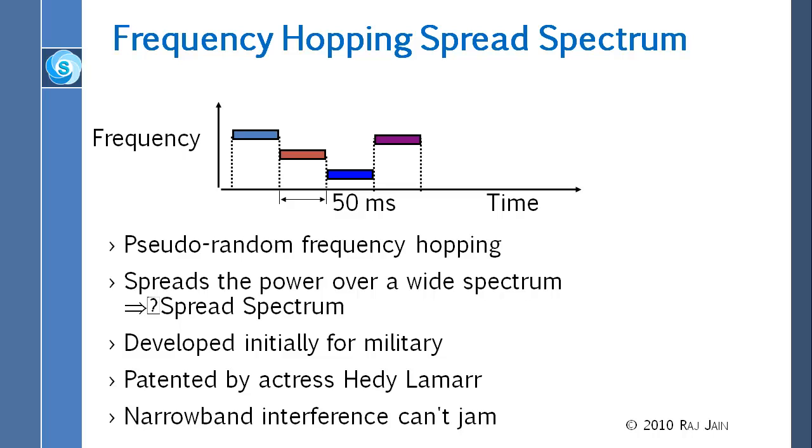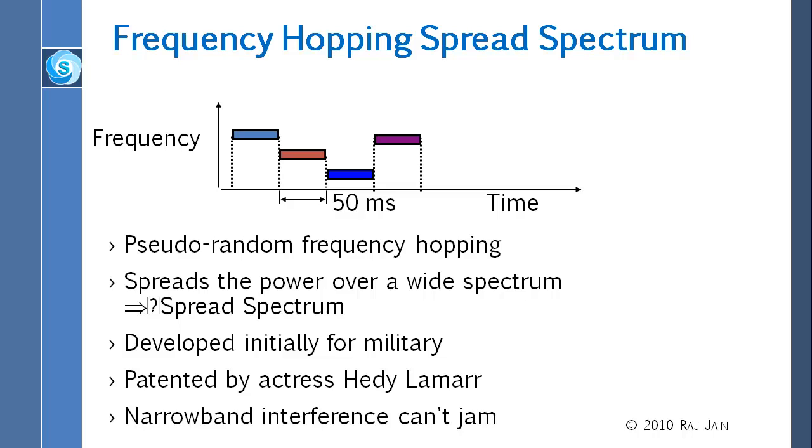So the military had this problem that if they use any frequency, the enemy knows what frequency it is, and they can just jam it. They can start sending noise on that frequency, right? So they said what we will do is we will change our frequency every few seconds, few microseconds or few milliseconds. So I'm transmitting to you at this frequency. This is the frequency for this time, and 50 milliseconds later I will switch to the other frequency, and then 50 milliseconds later I will switch to the other